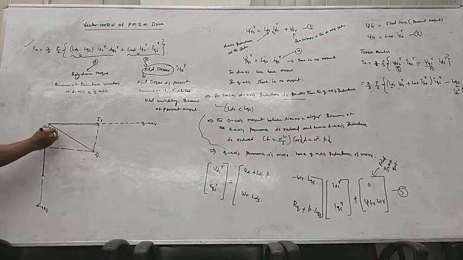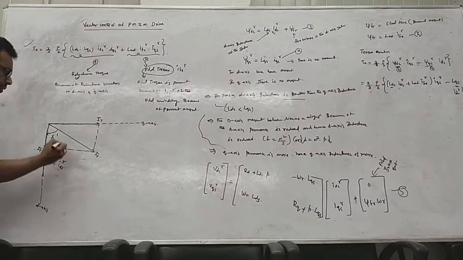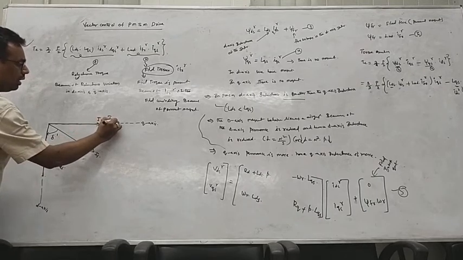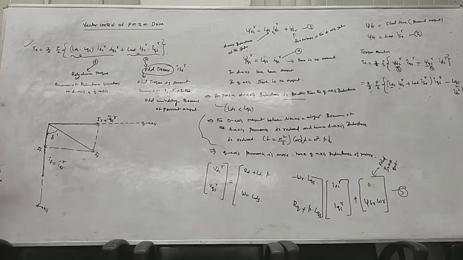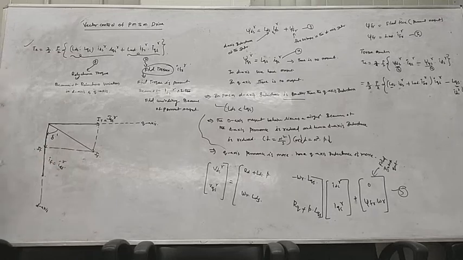This angle is delta prime. So IF is equal to IDS to the power of R, and IT is equal to IQS to the power of R. You got my point? Now we are implementing the vector control here. This is the field component of current, IF, and this is the torque component of current, IT, and these give us the stator current IS.